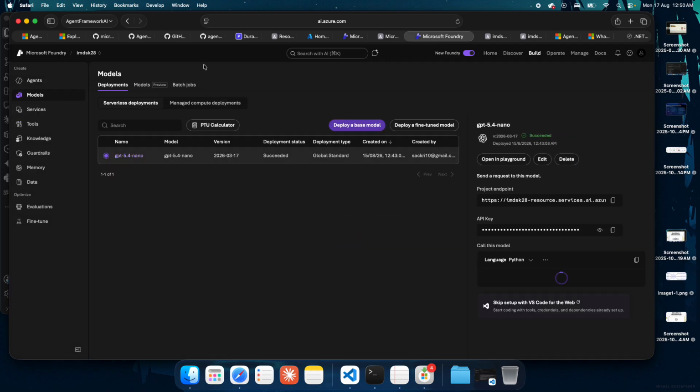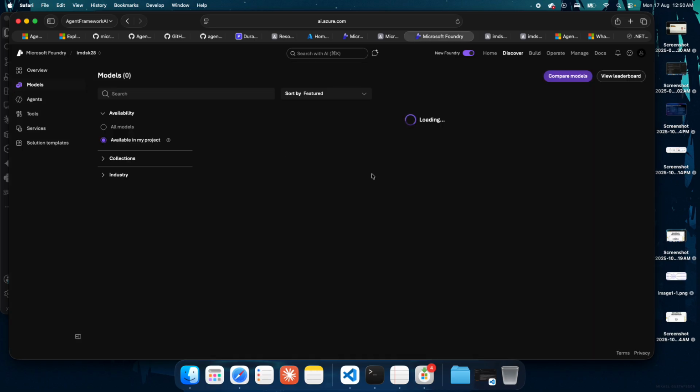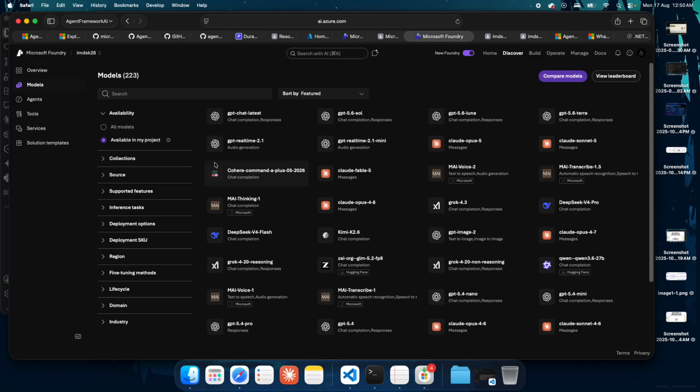We need to create a deployment model here. This is the place where you create a deployment model. You can just click deploy a base model, and then select any OpenAI model or any model which is of less cost. For the sake of these videos, I don't think we really need a greater or better model.